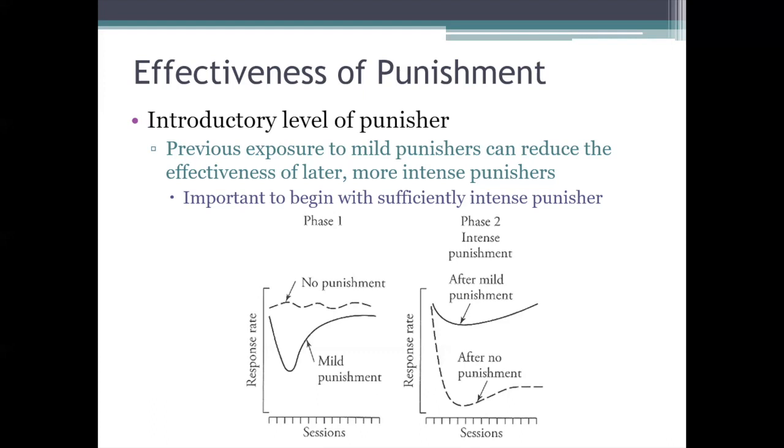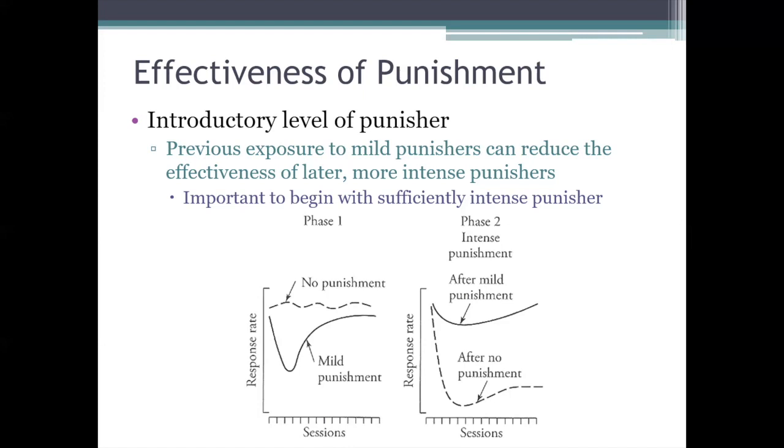If instead you start off with less intense shocks and then you ramp them up from there, so if you gradually increase the intensity of the shocks up to the 80-volt level, then the pigeons will keep pecking. Then that 80-volt shock does not decrease the pecking behavior as effectively. So the pigeon's previous exposure to the milder shocks seems to make their behavior more impervious somehow to the stronger shock.